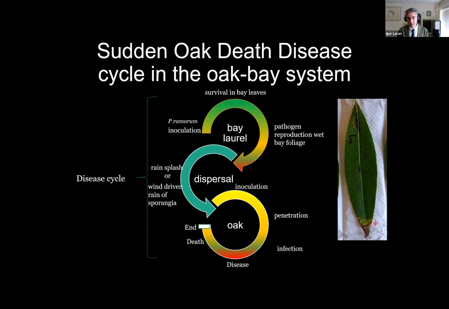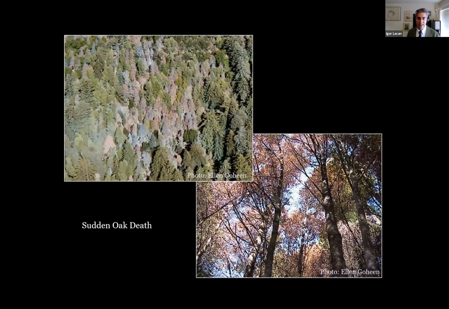And what's really interesting is that oaks are a dead end host. So a coast live oak that is dying of sudden oak death is not spreading the disease anywhere else. Tanbark oaks will spread the disease, but coast live oaks will not. It's kind of ironic, but this is what has really allowed this disease to take off: that we have coast live oaks, tanbark oaks, and bay laurels all in the same ecosystem. And it has really reshaped some of the Northern California coastal forests in the last 25